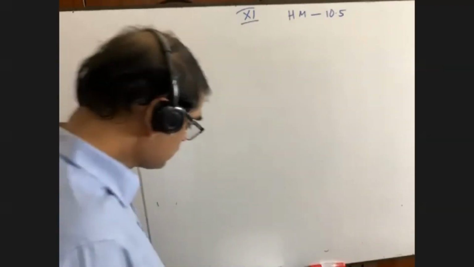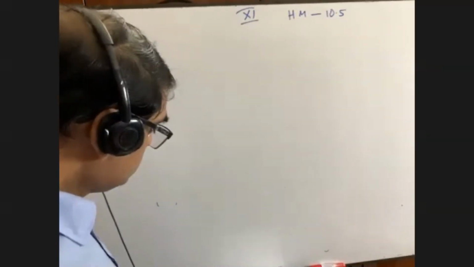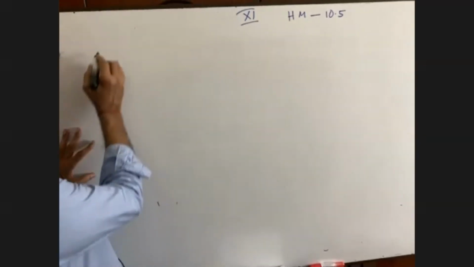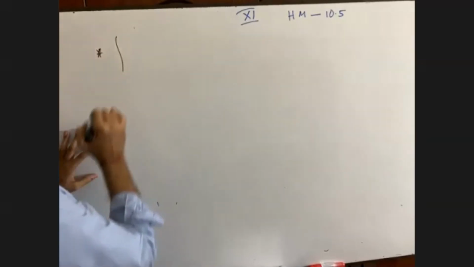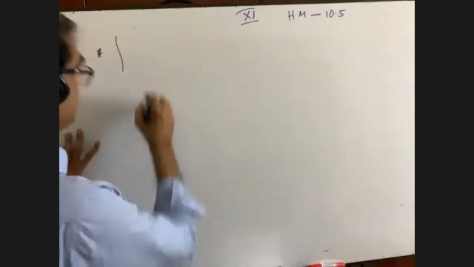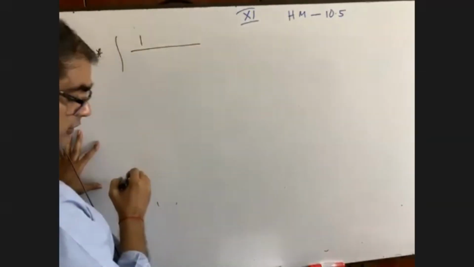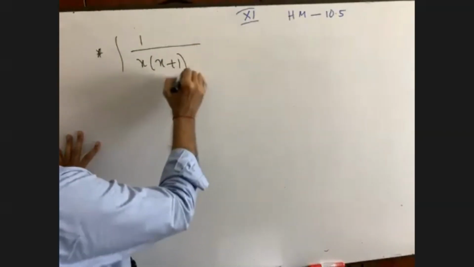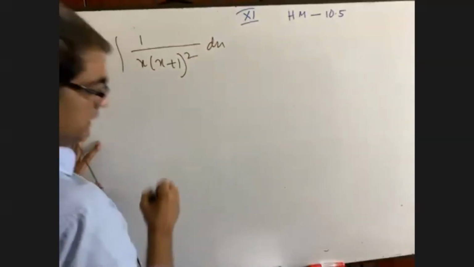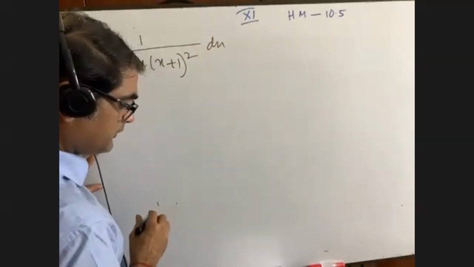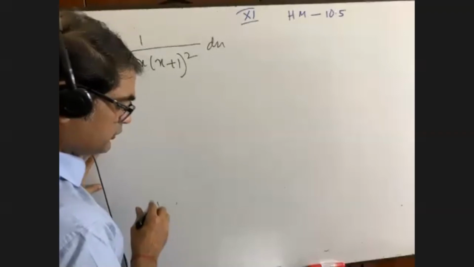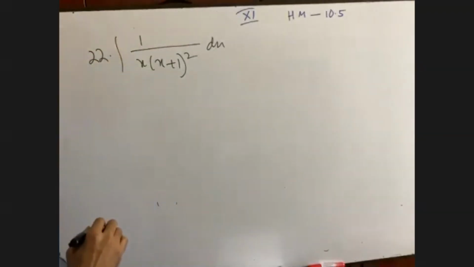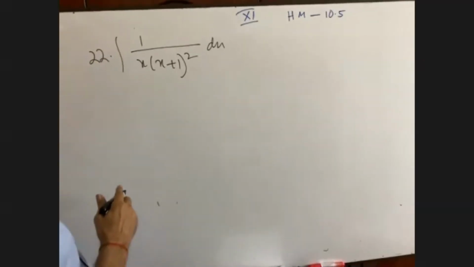You are not wrong. Okay, so dear students, you all are required to practice some maths at home. It is the same thing. If you know how to get the partial fractions, then it is only possible for you, otherwise not. Integral of x plus 1 whole square dx. This is question number 22. You will do it at home. Okay, what will you do? I am showing you.